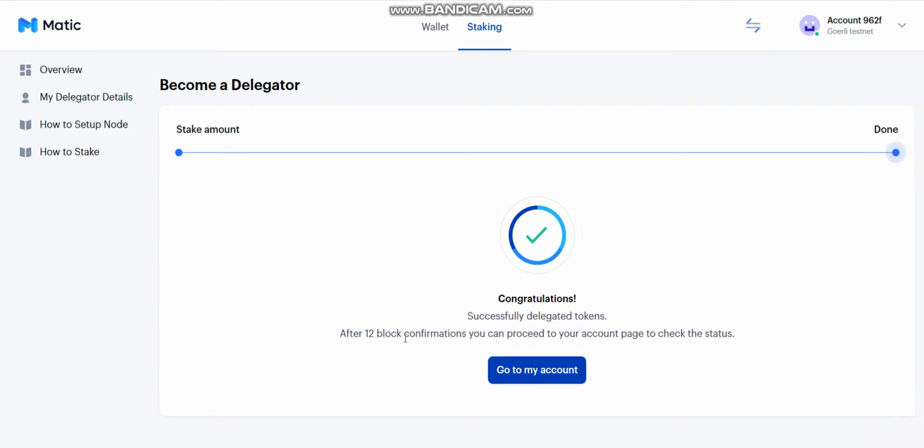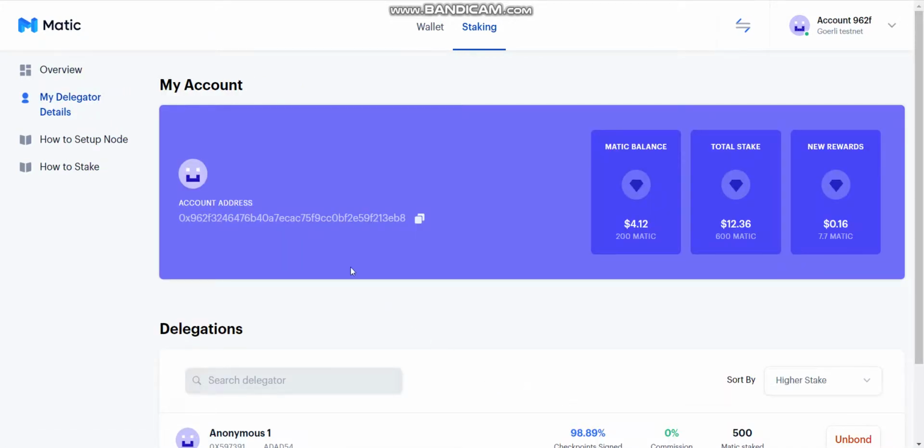After 12 block confirmations, you can proceed to your account page to check the status. Go to my account. See, here you can check, or you can click on my delegators details also, right? Here you can see the Matic balance. So we have 200 Matic tokens now. 200 Matic tokens we just deposited right now, and total stake is 600 Matic tokens, and 200 Matic tokens we just staked.